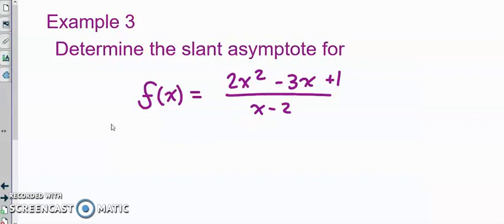But first off, let's take a look at the must-haves of slant asymptotes. It must have the numerator being 1 degree higher than the denominator. If we look at it, the x squared there, there's a 1 there. So the degree of the numerator must be 1 more than the denominator. It's true, it's happening. So since this is happening, that means we have a slant asymptote. To find the slant asymptote,